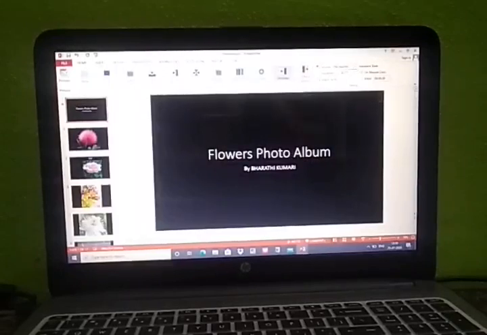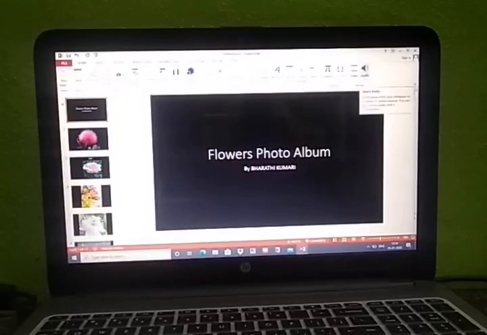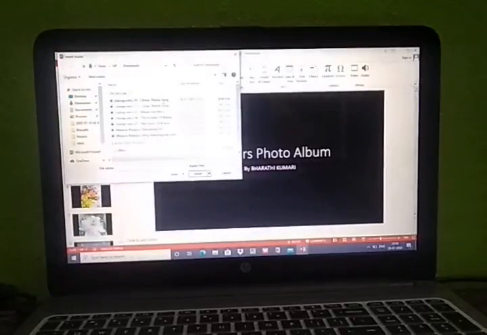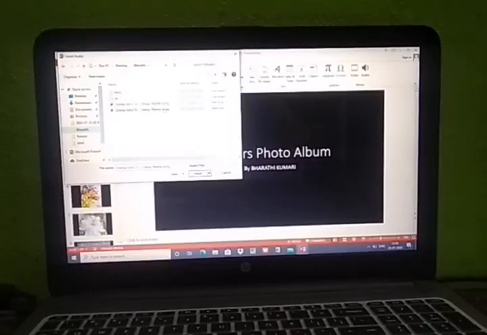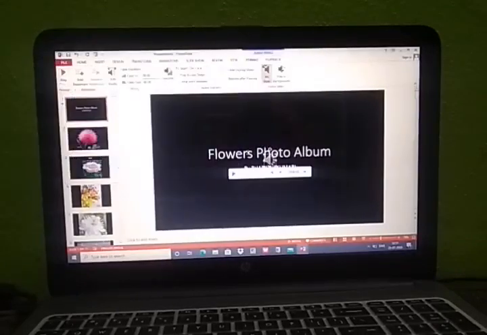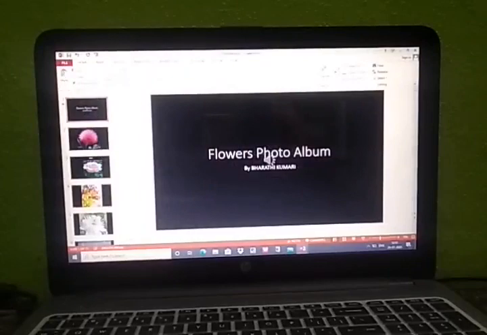Next coming to audio. So here, audio, we can insert audio. Now you can insert the audio on my PC. From PC I am inserting this. Okay, I have selected some MP3 files here. So I am inserting that file. You can also go to the internet and select one audio MP3 file, and you copy it somewhere. So I copied it in my folder with my name, and I am inserting that for you. Okay, so this one I will select, insert. Now for all slides that will be inserted.